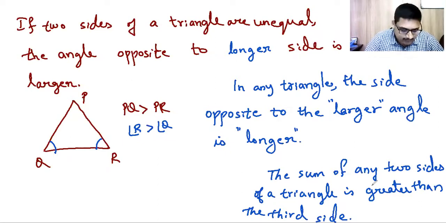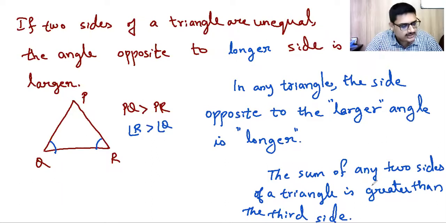What is the criteria for similarity of triangles? Then you have a theorem on that. Okay, I'll just read out the theorem. If a line is drawn parallel to one side of a triangle to intersect the other two sides in distinct points, the other two sides are divided in the same ratio. So when similarity comes into the picture, ratio will come into the picture over here. I will be explaining all that, including the derivation also. Okay, don't worry about that.